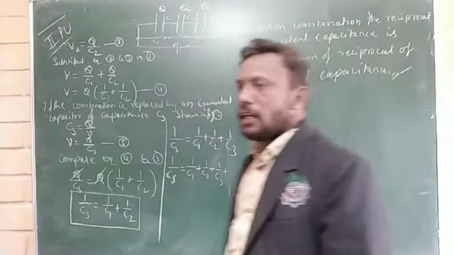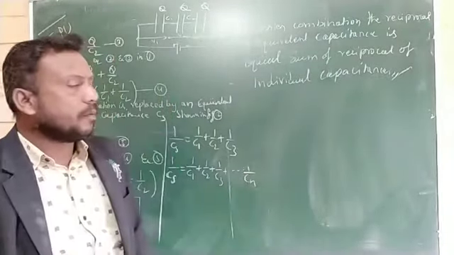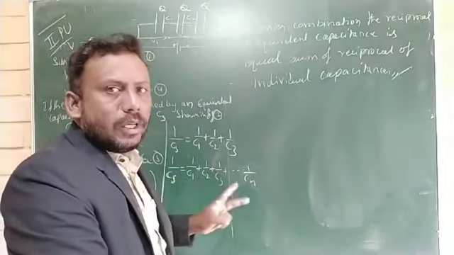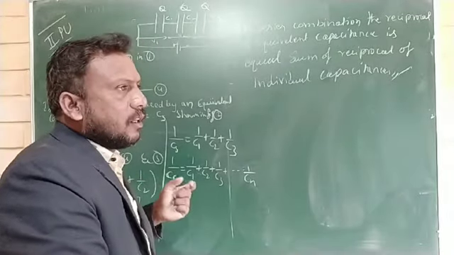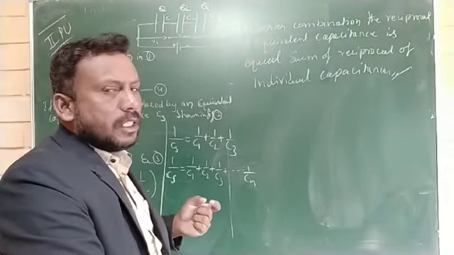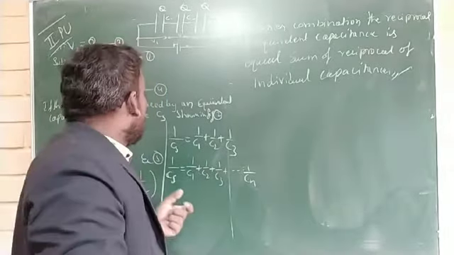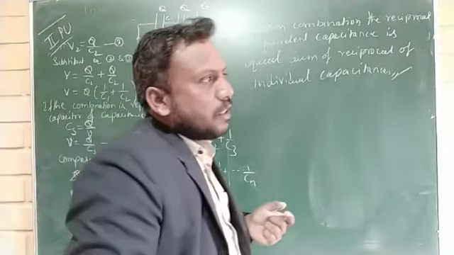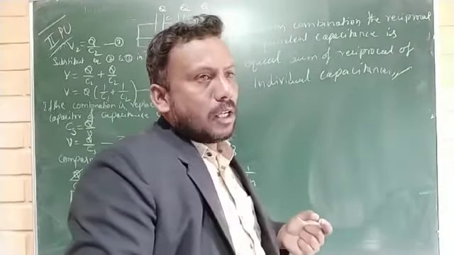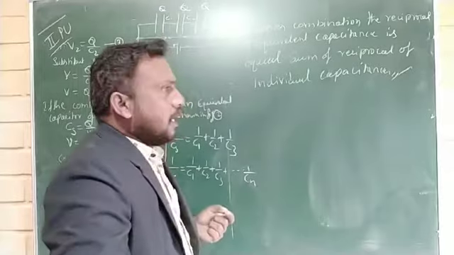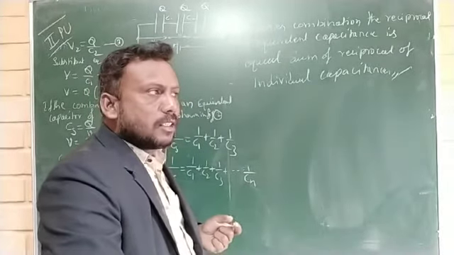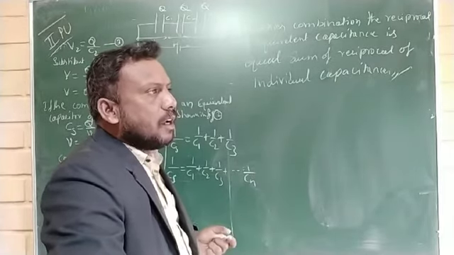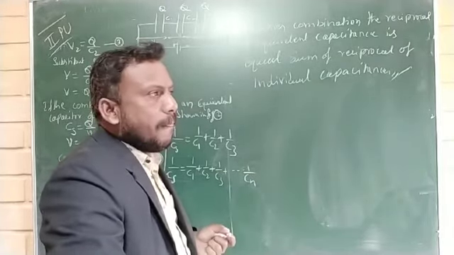First, you have to write the definition of series combination. After that, you write the diagram, two circuit diagrams. One is for the combination and another one is for when the combination is replaced by the equivalent capacitance. After that, you write the consideration: C1 and C2 are two capacitors connected in series of capacitance C1 and C2, and V1 and V2 are the potential differences across each capacitor C1 and C2, and V is the potential difference across the combination, and Q is the charge on each capacitor.